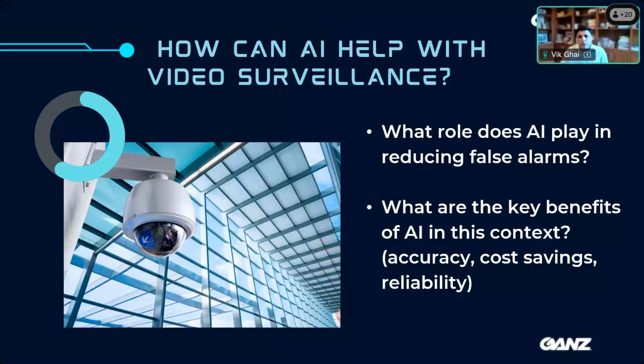Potential savings from fines from law enforcement for repeated false alarms is another great benefit. And lastly, the trust and the reliability you gain in the system, that's huge for your business, huge for your customers. And not only that, the system can continue to improve itself over time, just like humans do, and becomes more reliable. So the higher trust in the system leads to quicker response because people do trust the threat it is highlighting, and you get a much better response. That means a much happier customer.